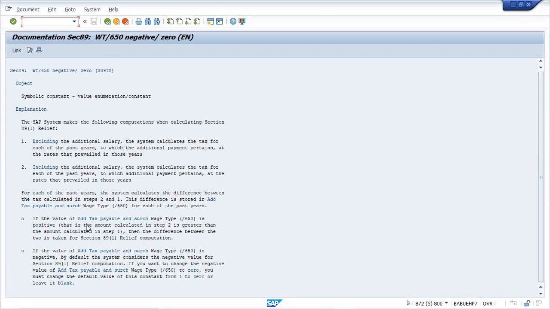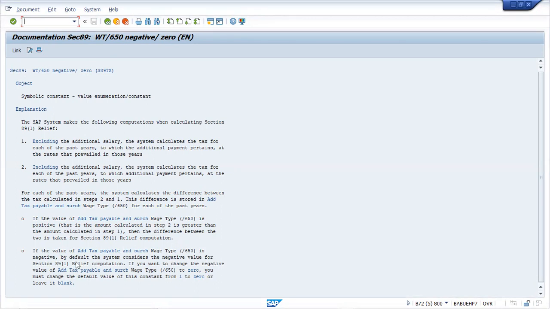If the value of the additional tax payable in wage type /650 is positive, that is, the amount calculated in step 2 is greater than the amount calculated in step 1, then the difference between the two is taken for section 89 subsection 1 relief computation.